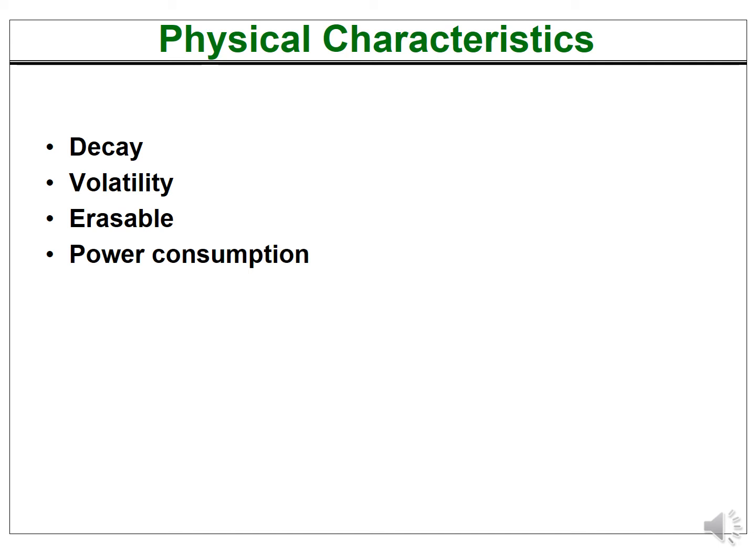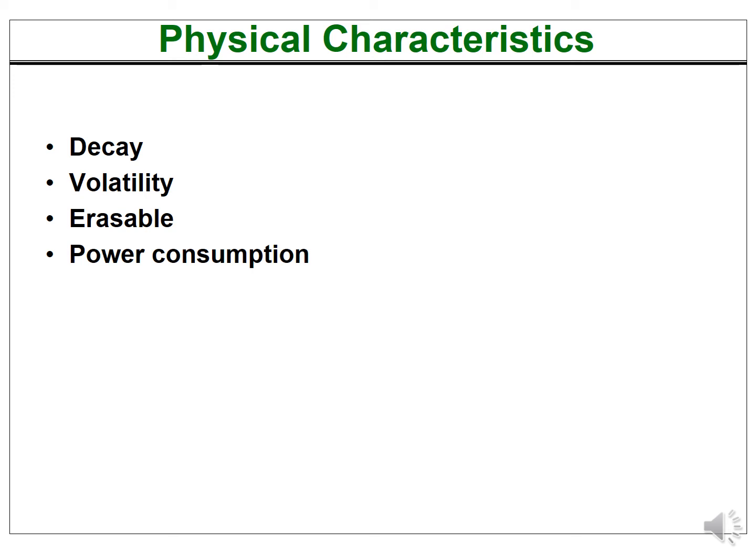I'll repeat, as a capacitor is smaller as compared to a transistor, the RAM that is created with capacitors can have more storage as compared to the RAM that is created with the help of transistors for the same physical size of the RAM chip. But we all know that capacitors have an inherent weakness, that they leak away their charge. The charge on the capacitor leaks away. So whatever data is stored on a RAM that is created with the help of capacitors, as soon as you put the data in the capacitor, the charge starts leaking out of the capacitor.